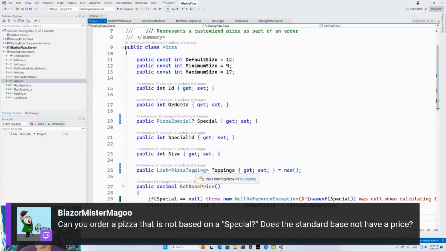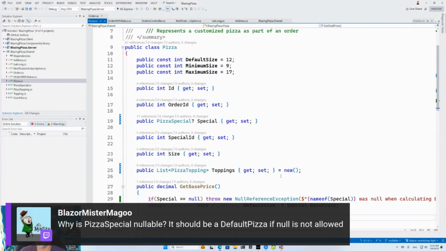It should be a default pizza if null is not allowed. Again, you may have just showed up, Mr. Magoo, but I'm only patching the existing code of the Blazing Pizza application. I'm not rewriting any of their practices in it. So there are techniques like the null object pattern that you could use, which would have a default pizza instead of a null. But I'm not going to rewrite the entire application right now to make that type of